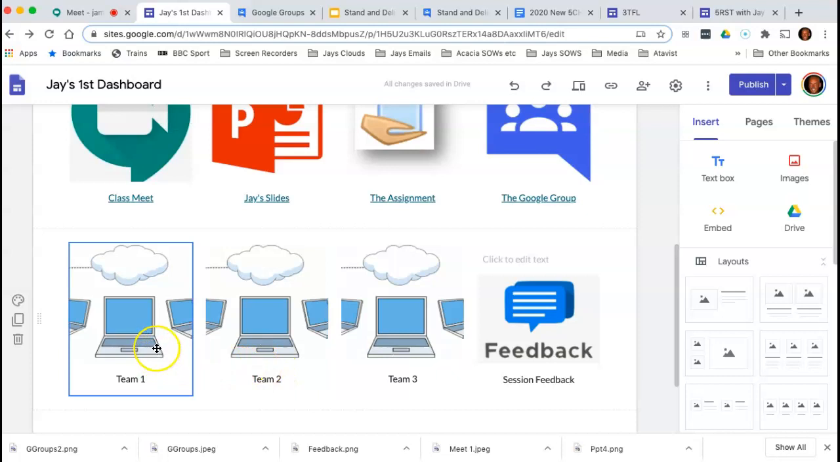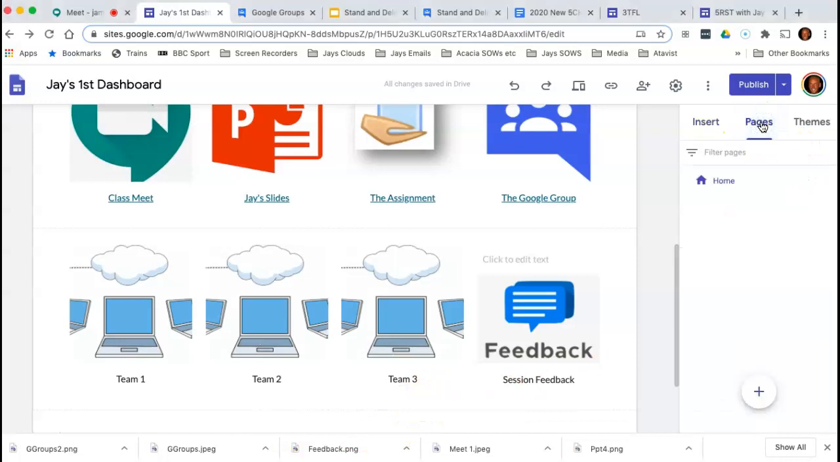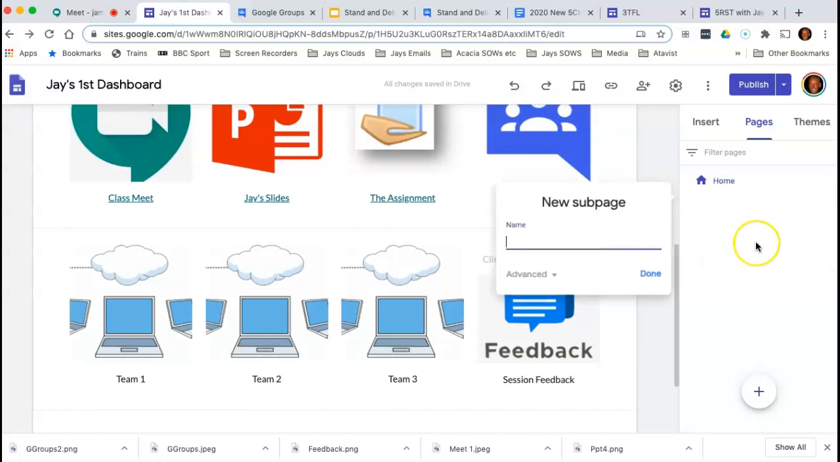Now I do need to do something to make this work as well as possible, and that's to create a page for each of the teams. And on that page I'm going to have a link to a Google Meet, and I'm going to have a team document that that team and that team only will complete at various points during the session. So I need to go up here to Pages, and I only have a home page at the moment. If I move across to these 3 dots, I can add a subpage, and I'm going to call that